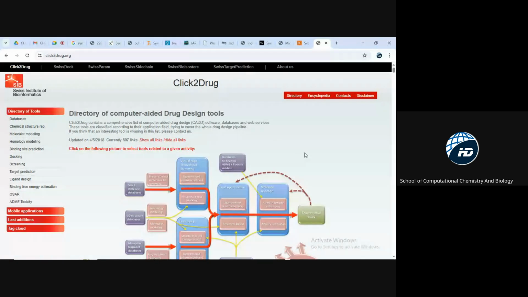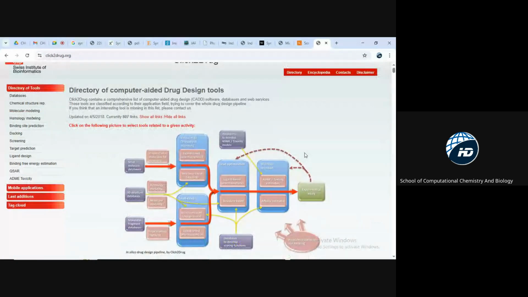What is here? Click2Drug contains a comprehensive list of computer-aided drug design software, databases, and web services. These tools have been classified according to the application field, trying to cover the whole drug design pipeline. If you think an interesting tool is missing from the list, you can also contact them. Now, what they did here,